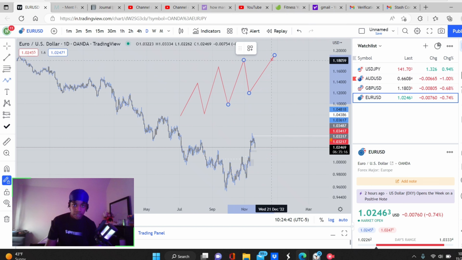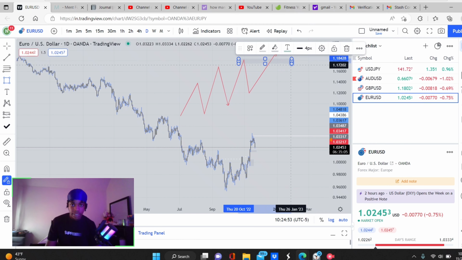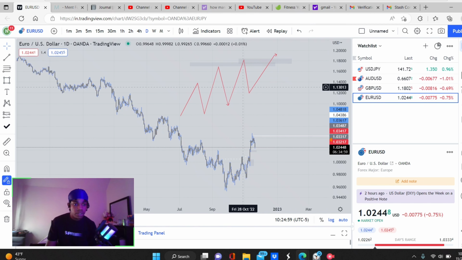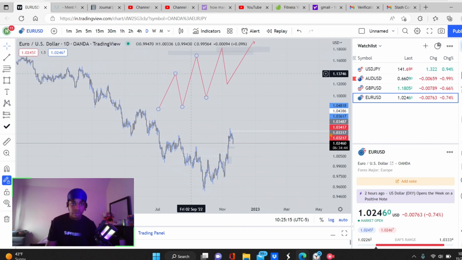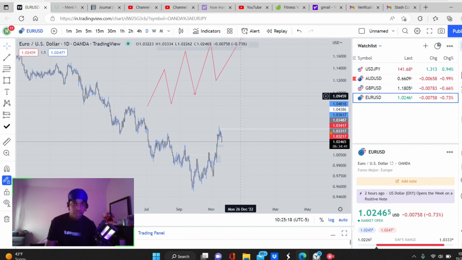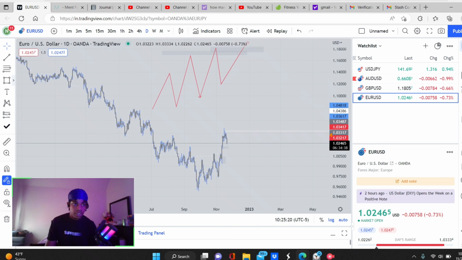Why? Because a lot of people are looking to sell that area. So we have people seeing this as resistance, looking to sell that down, because mind you, these people are on lower time frames. So what this looks like is just selling pressure, because they might get a little reaction at this area. So it looks like selling pressure to them, so they're going to get into sells. They get stopped out. So liquidity lies on the tops in the bullish market and on the lows in the bearish market. So in a bearish market,